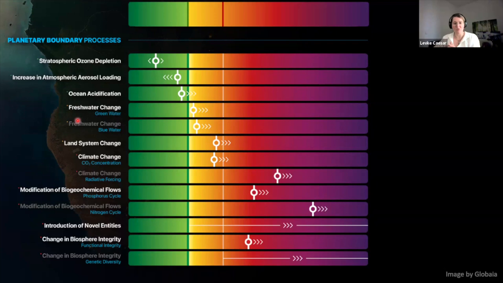Roughly, if you use a human analogy, the planetary boundary processes could be processes within the human body, like thermoregulation, blood circulation, or your water and electrolyte status. And these are then measured by the control variables, body temperature or blood pressure, or the nutrient values in your blood. So really the indicators that you can measure. Now, for each of these control variables, a planetary boundary has been established.